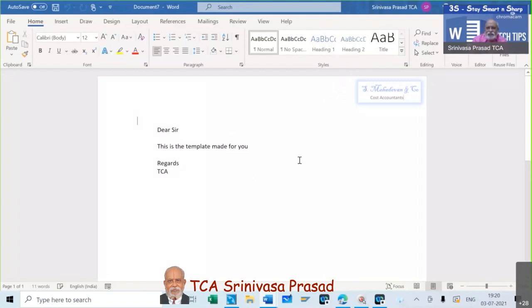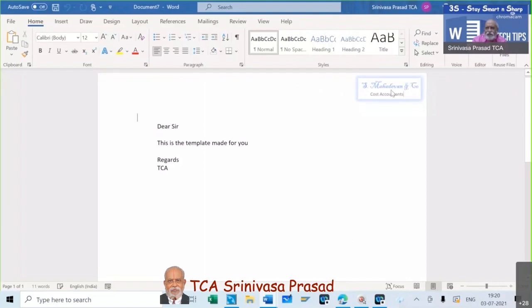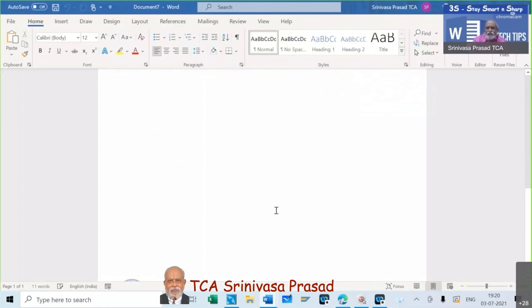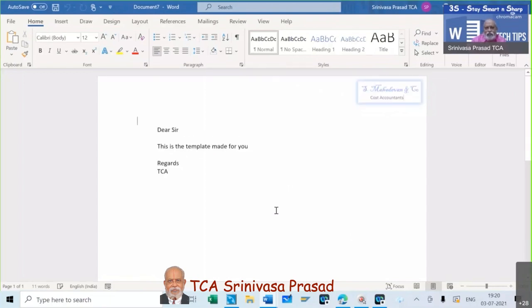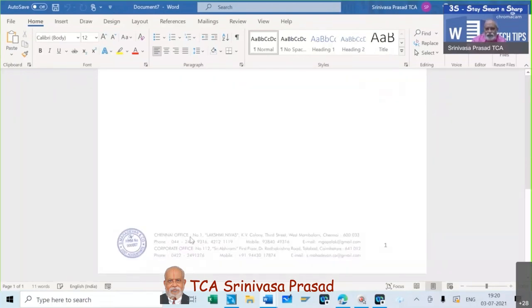You can change anything, you can write anything. On top, we have given S. Mahadevan and Company, cost accountant. Let us assume you are preparing a report, and on the bottom, the company's address has completely come in and the page number has come in. And then more than anything, the company's seal with the initial is available here.